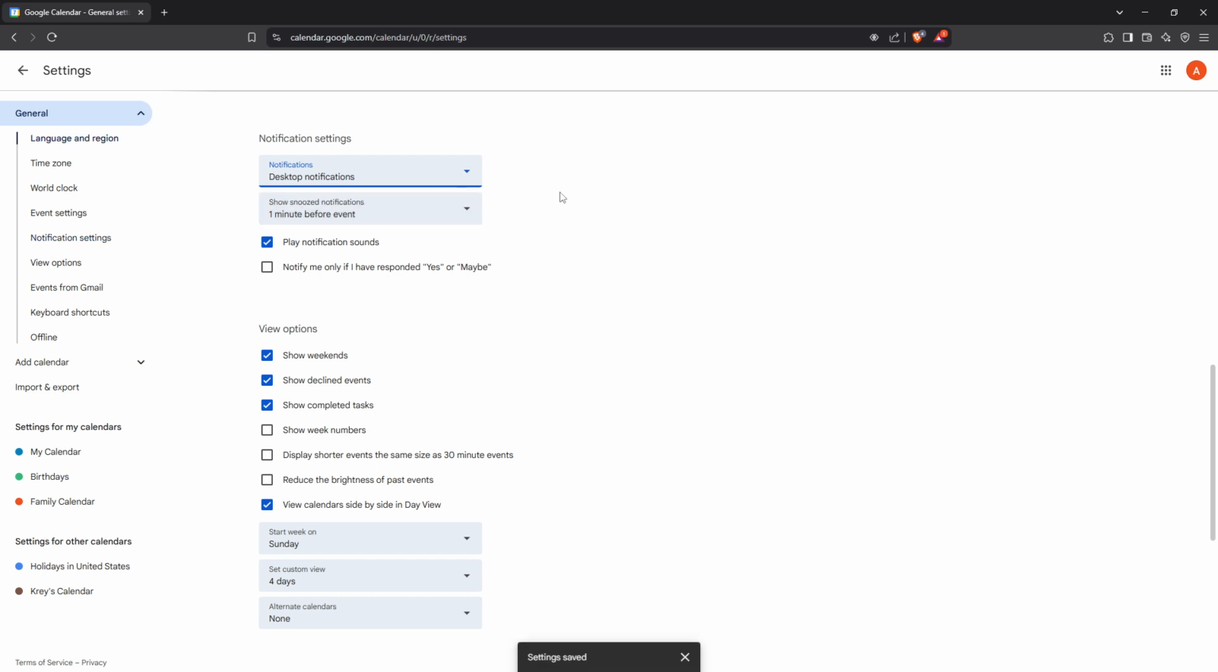This setting ensures that any alerts pop up directly on your desktop, providing a seamless notification experience without the need to check your phone or email constantly. Finally, double check to confirm that desktop notifications are indeed turned on for your Google Calendar. This step is vital as it finalizes the changes you've made, ensuring that all your settings are accurately saved. Once confirmed, you'll have personalized your notification settings, allowing desktop notifications to keep you informed of your upcoming events and